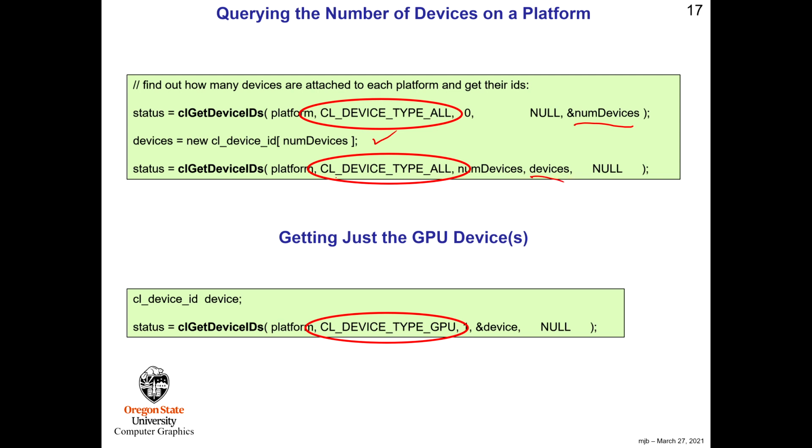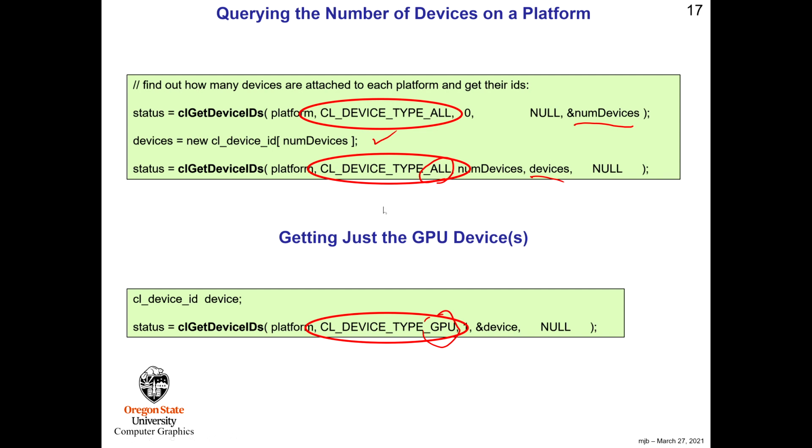Notice this thing here about CL device type all. I always set it to that, especially when I'm just querying the stupid system. What the heck have I got here? But you can limit it. Like you can say CL device type GPU, and it'll only list the GPUs that you've got. I prefer to list everything because in that device's array of structs,